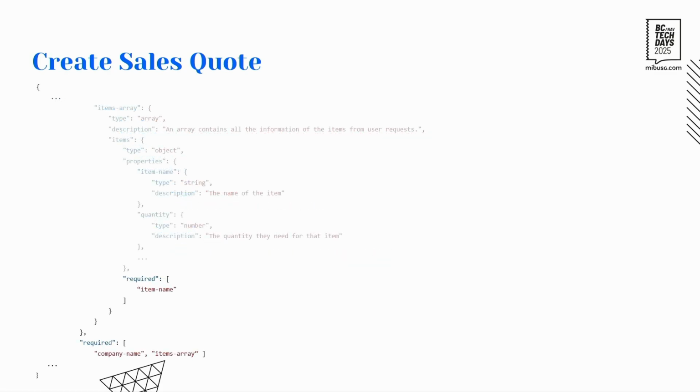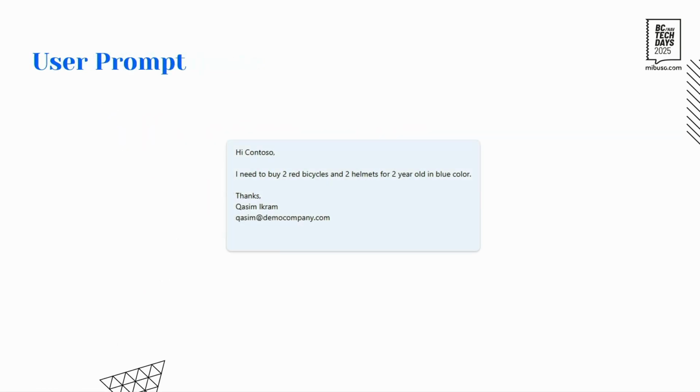Lastly, we can also put some emphasis while defining this function, what are the fields that are mandatory. So whenever this function will be called, the model will make sure there's at least some customer information and the item name. So that's the bare minimum so that we could basically create a sales code for this particular request. So now let's look for the same example that we did in the previous demo, the bicycle and